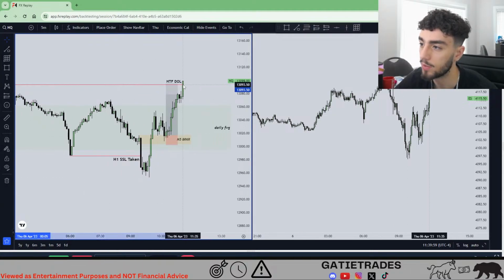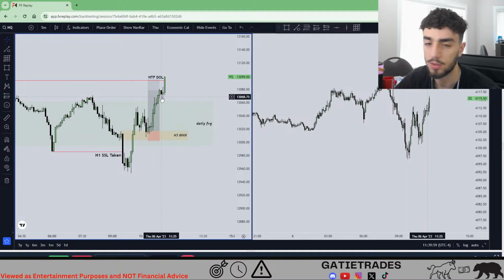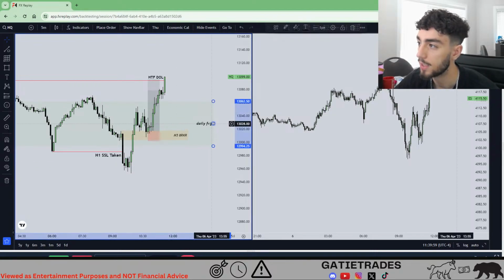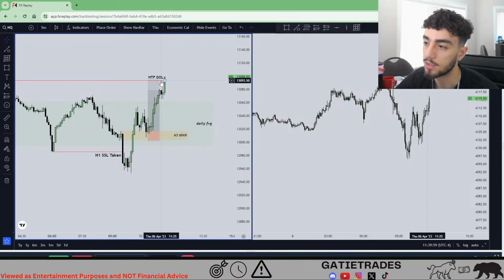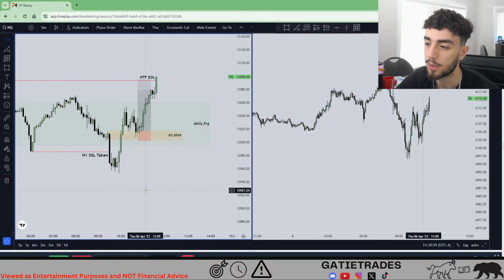This picture is everything you need for daily to 5 minute. Daily, 1 hour. You can look at the 15 minute, and then you go to your 5 minute for entries. Daily fair value gap, you're expecting it to go higher. Higher where? At least to here. This is the minimum. You took sell side, London lows, below midnight opening, all that. You got your 5 minute breaker, and then you have the inversion here.